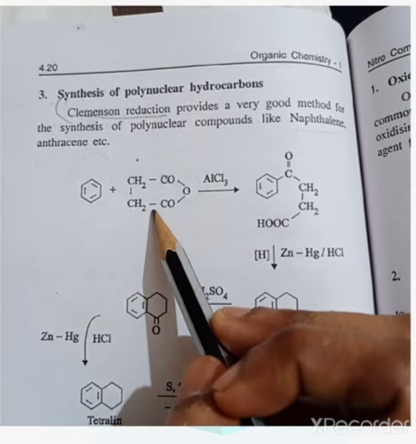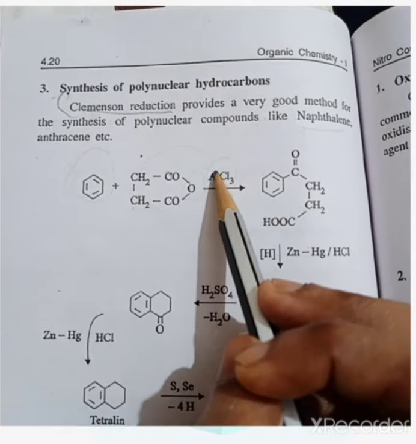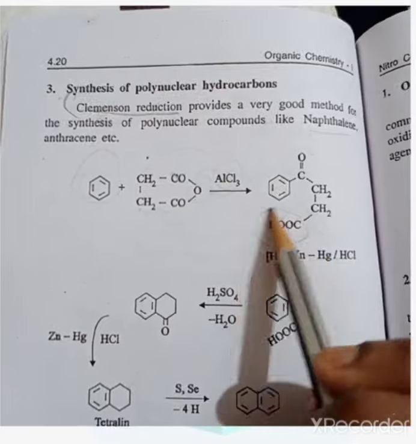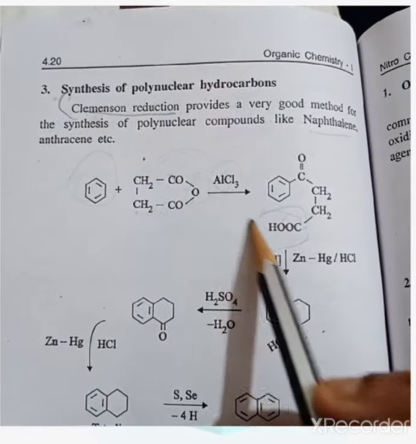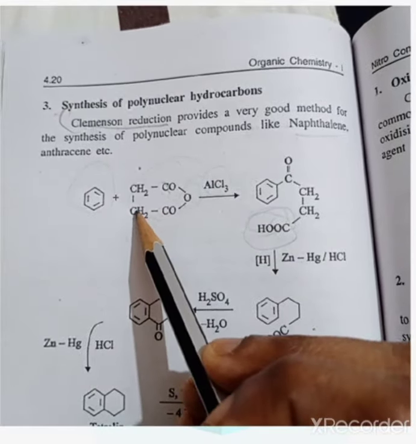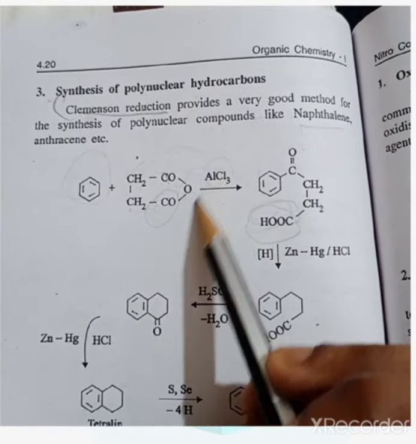It contains one acidic anhydride. It undergoes the reduction with AlCl3. It becomes the C double bond O group. It is directly converted into an acid group. Okay, the acidic anhydride is directly converted into acid. So here C double bond O, CH2, CH2. Here one OH group will be added in this reaction.